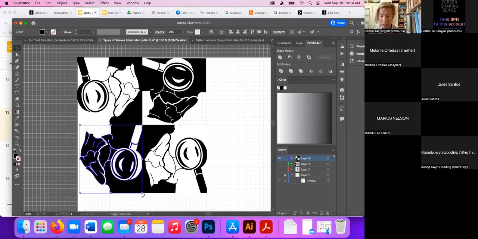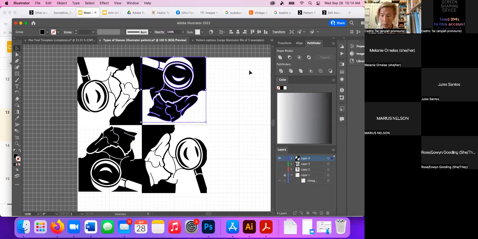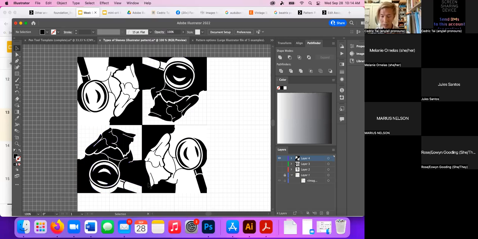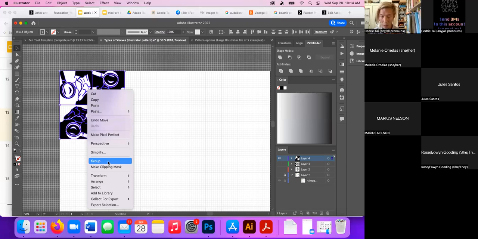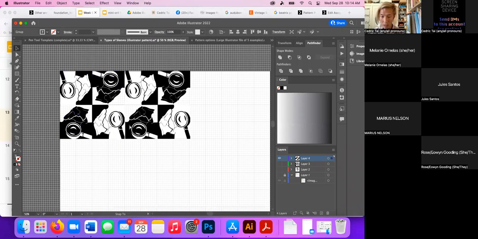And you might notice that things kind of get off of the grid. If that happens, you just need to click it and go either up and down, left or right. And you'll see it kind of lock into place based on where the grid is able to make contact. And now this is my new four section motif. And I can copy all this, I can group it, copy, paste, and I can still look at